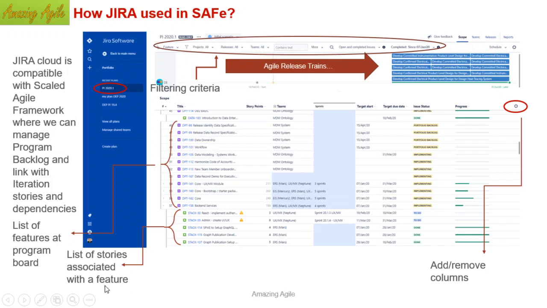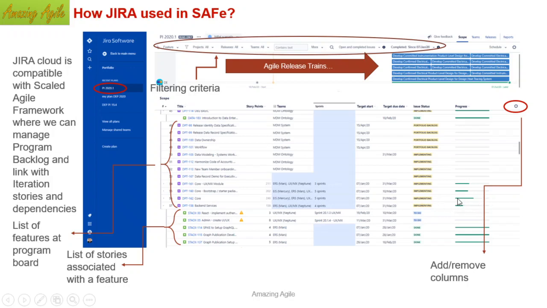It is very crisp and clear. You have the very hierarchical view. You can collapse it, you can expand it and see the stories. You can see the status of the story, and you can see the status of the features. These are called the progress bar of the feature.